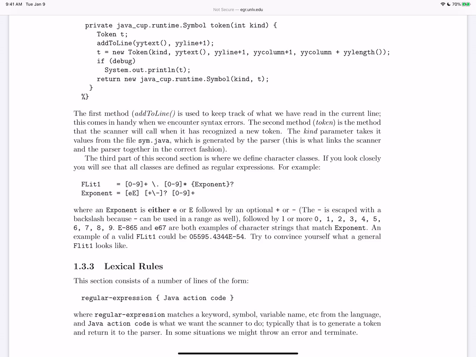So basically, it's the choice. And this sort of makes sense, because what does a floating point literal look like? Well, some digits, a dot, some digits, and maybe an exponent. And that exponent is either a little e or capital E, a plus or a minus, optional, and then at least 1 digit. So if you look at this for a little while, you'll see that this probably makes sense.